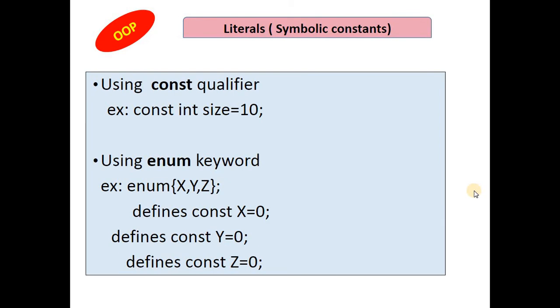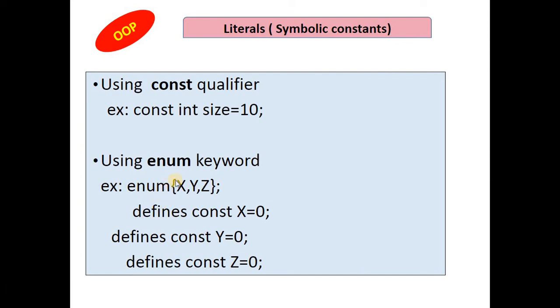These symbolic literals are known as symbolic constants. When you are using a constant qualifier, I write for example const int size = 10. That means size will have the value 10 throughout the entire scope of the program. It cannot be changed since it is a constant qualifier. In contrast, if I write int size = 10, then I can change the value of size anywhere in the program from 10 to 20. But a constant qualifier, once declared with a value, will be constant throughout the entire program.